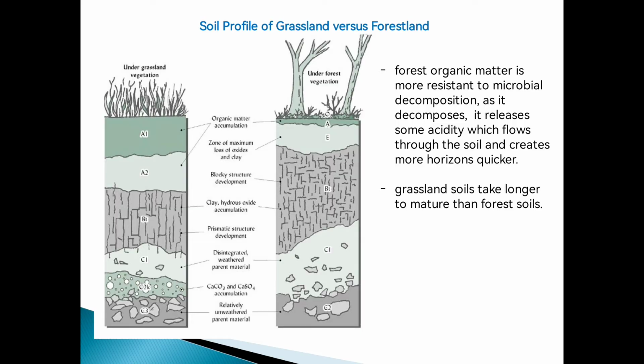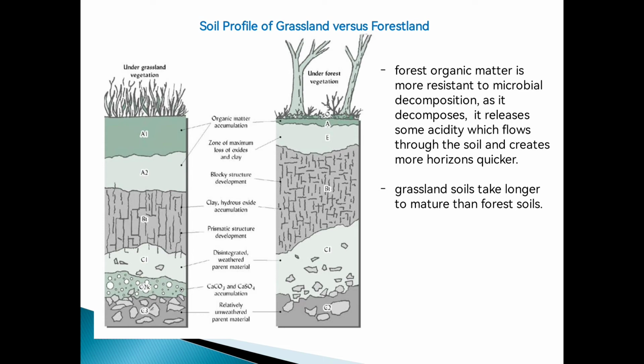And the reason behind this is that dead grassland plants tend to have a somewhat neutral pH as compared to the forest leaves, which tend to have an acidic pH. So the relatively basic pH of the grassland plants make them easier for microorganisms to degrade and turn into humus. So mas madaling mag-work yung mga microorganisms in the grassland kasi nga hindi siya acidic. So mas mabilis nilang ma-decompose yung mga organic matter compared dun sa forest land soil. So the needles or the leaves from the forest have an acidic pH.